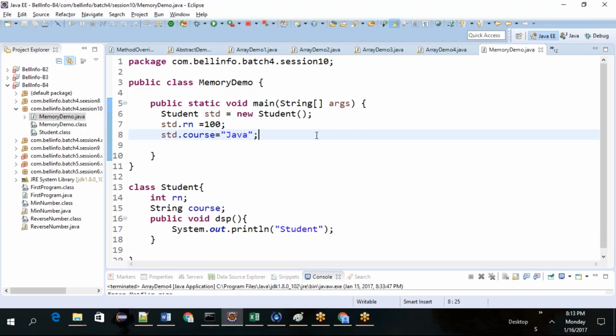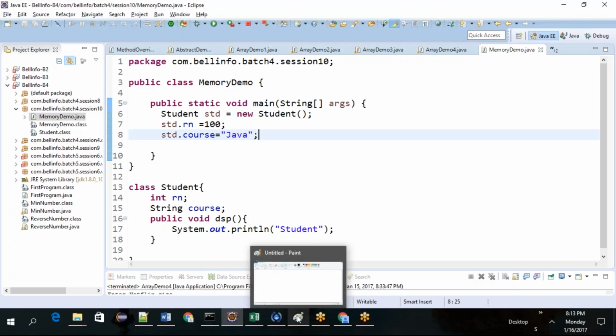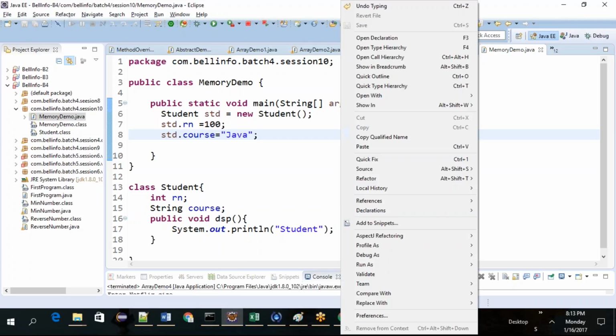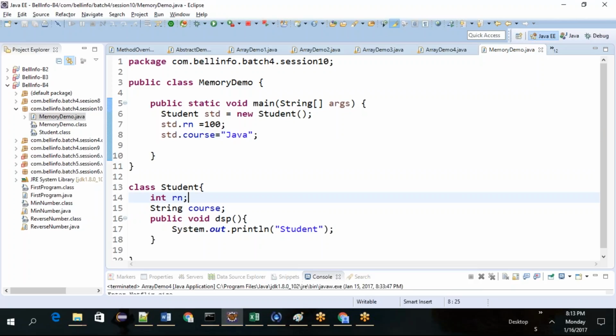You did this. So now when you run the program, what will happen? Still, when you save this program, it's in the hard disk. What happens when you try to right-click and run the program, Run Java Application?